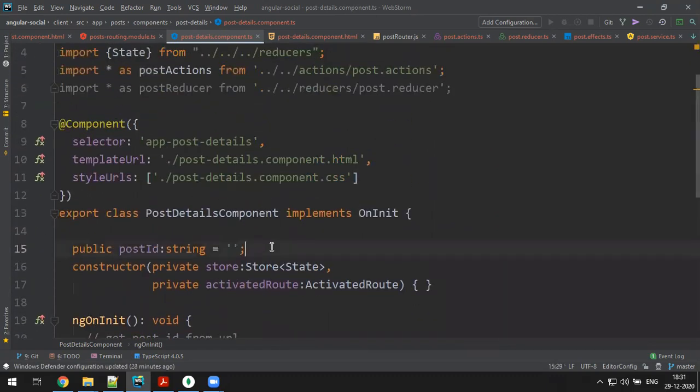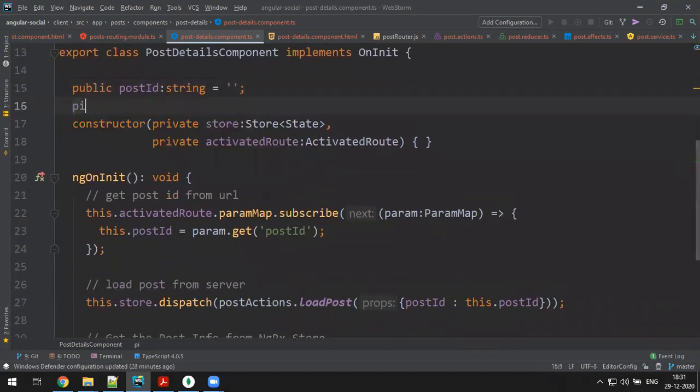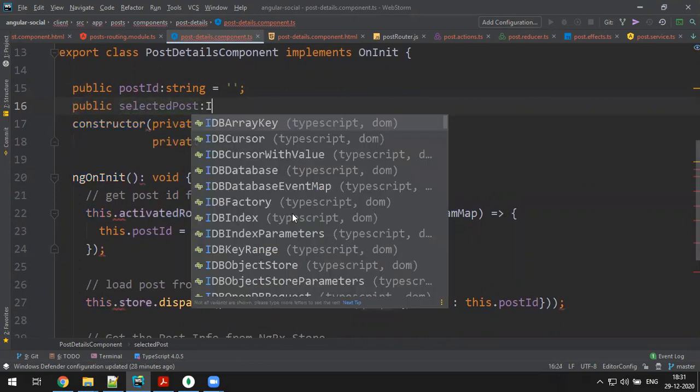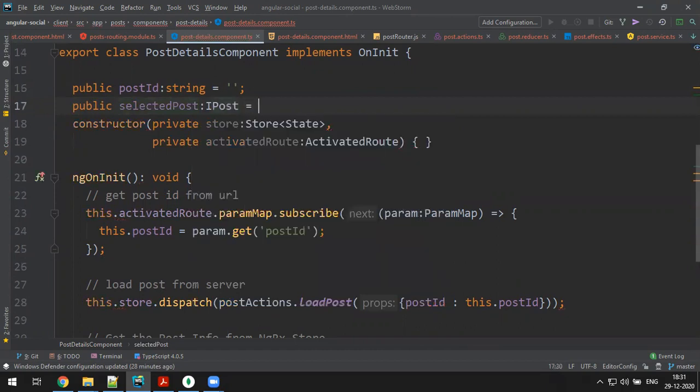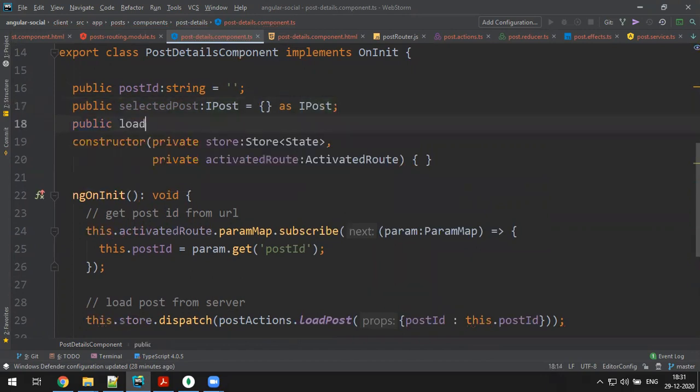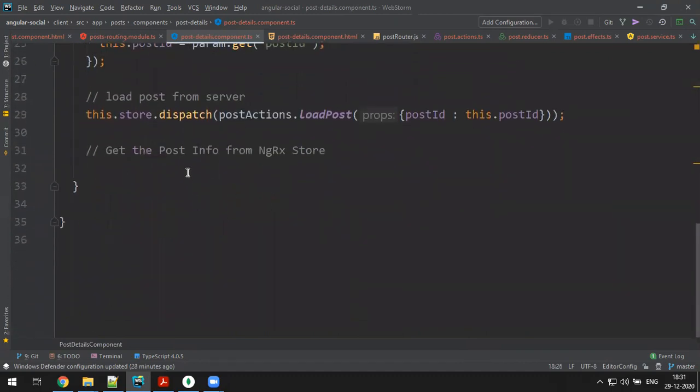Let me create a variable to accept the post data. So public selected post of type iPost is equal to an empty object as iPost. I also take public loading of type boolean, which by default is false.